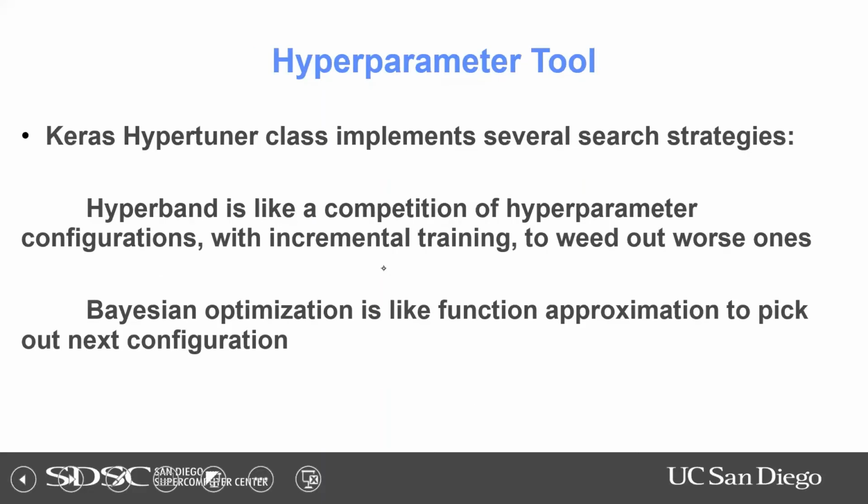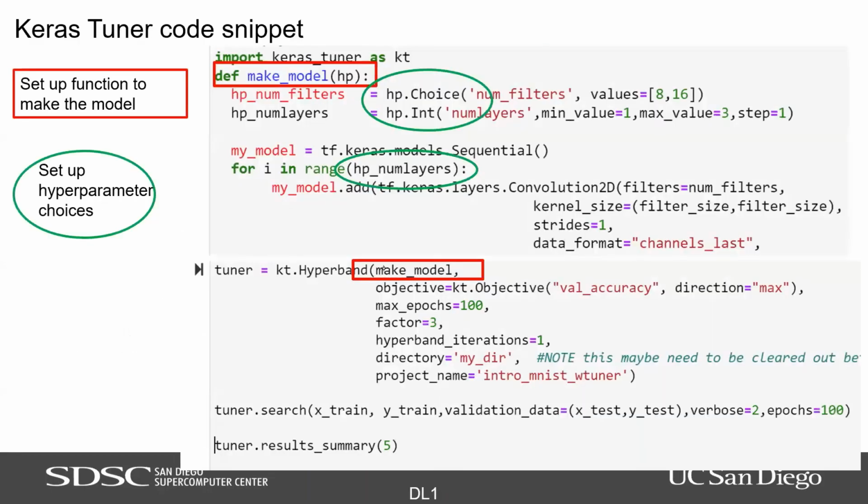There is a hyperparameter tool called Keras Tuner. I have some examples in this slide. I'm not going to go through the details. I find that if you set up a hypertuner, it can save you time, because depending on the kind of search strategy you use, it can be more efficient. So it's kind of nice. If you're doing something that's not too big, maybe you'll just do a grid search and it'll be fine. Okay. So this is just how you set up a hypertuner for your code. This is just a code snippet. I'm not going to go through it in detail.